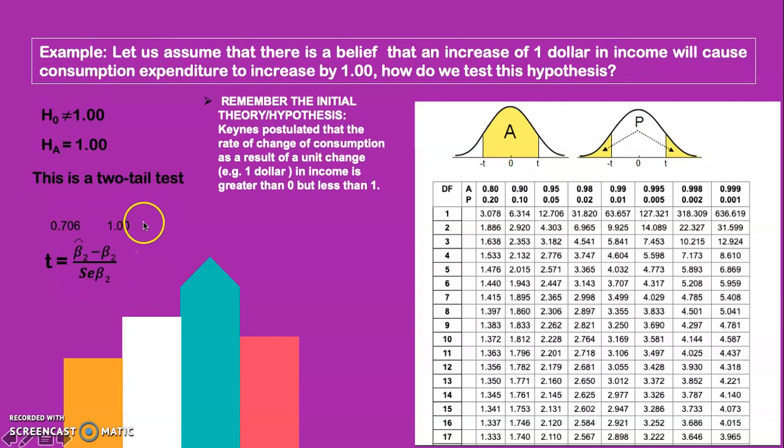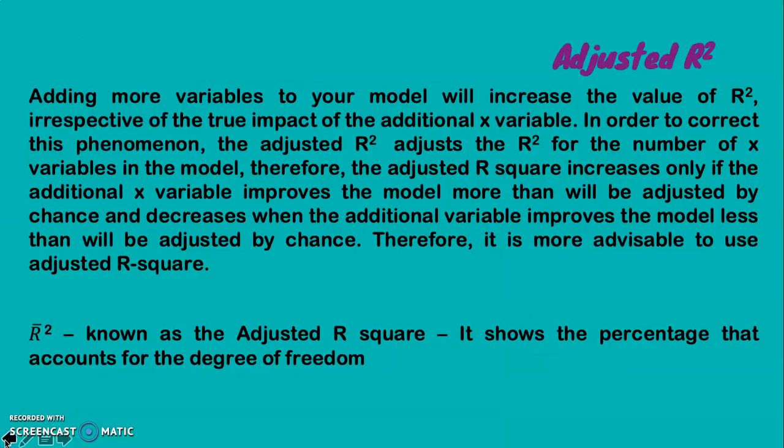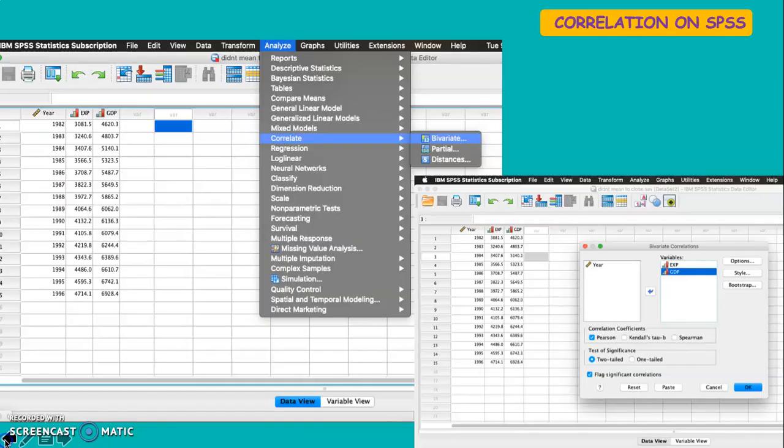Now, we have another hypothesis that is saying that consumption expenditure will increase by 1, which is opposed to the initial hypothesis. We're going to take the difference between the initial hypothesis and the new hypothesis and divide it by the standard error of beta 2, that is the standard error of